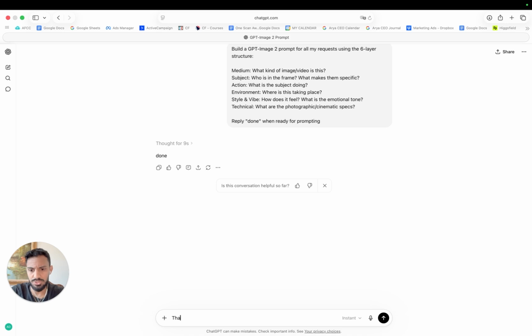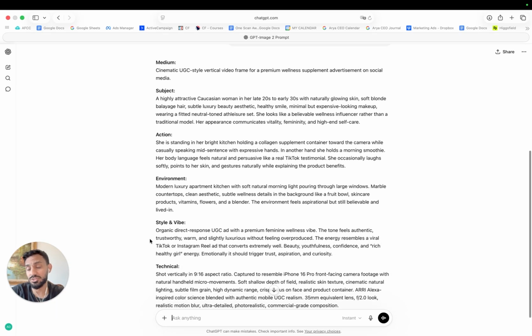So what I'm going to do is generate, I'm going to say provide the prompt for a Caucasian UGC actor selling a collagen supplement. So boom, guys, now you see it actually gave us the details and broke it up via section, which is nice,